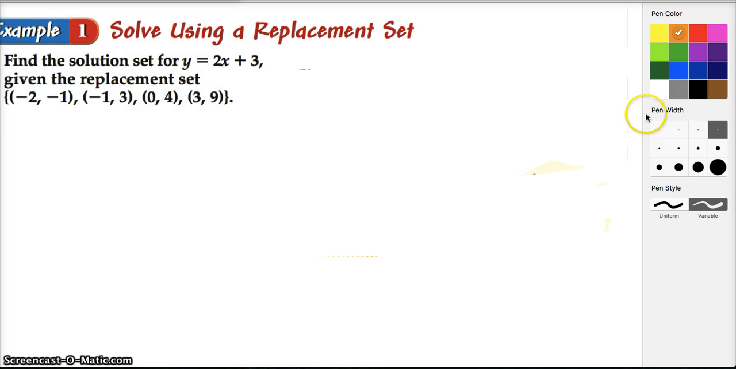Here we have example 1, a situation where we are finding the solution to an equation in two variables, but we're going to use what's called a replacement set. So the replacement set is your textbook author's way of getting you to think about some numbers work and some numbers don't. Or I should say some ordered pairs work and others do not. So we're going to find the solution set,